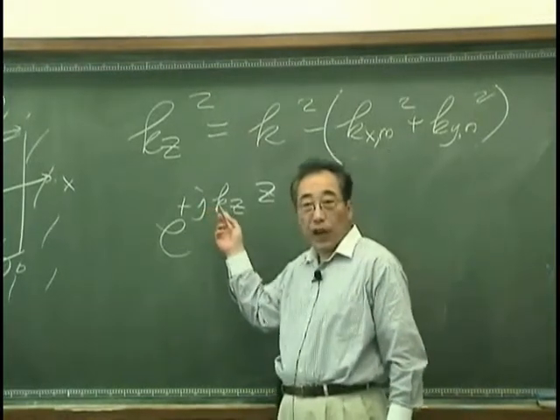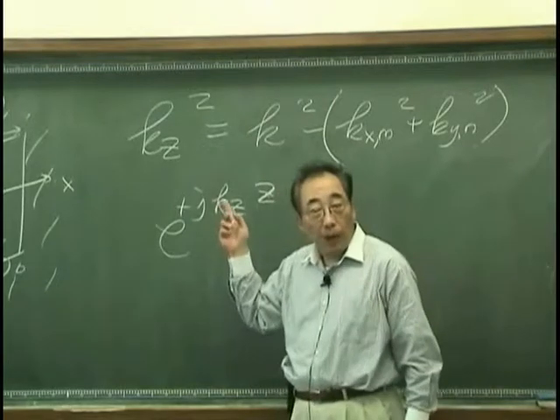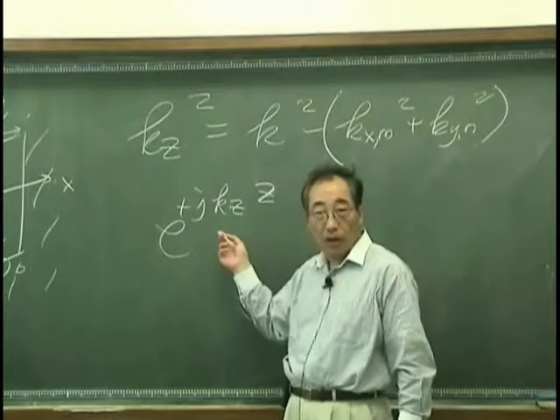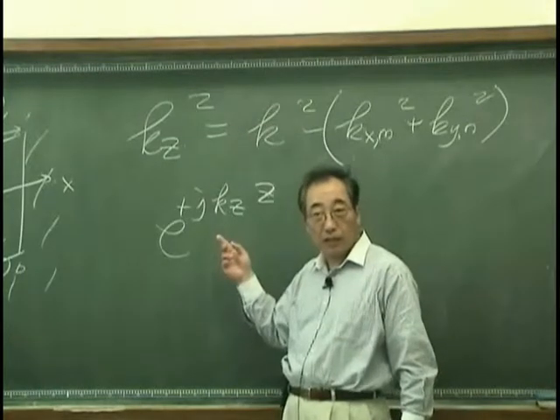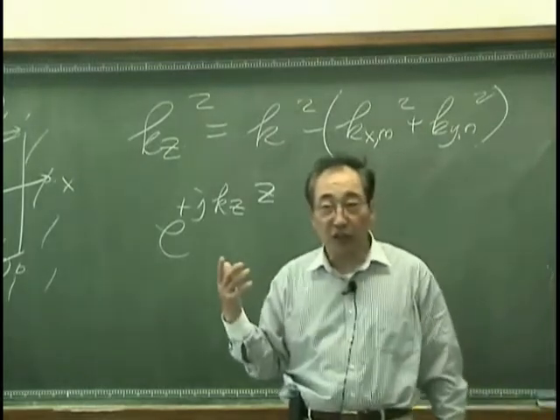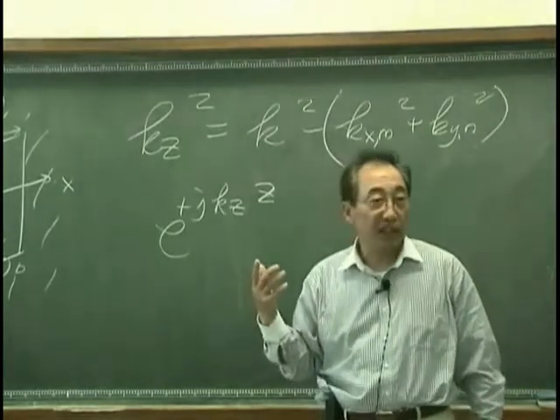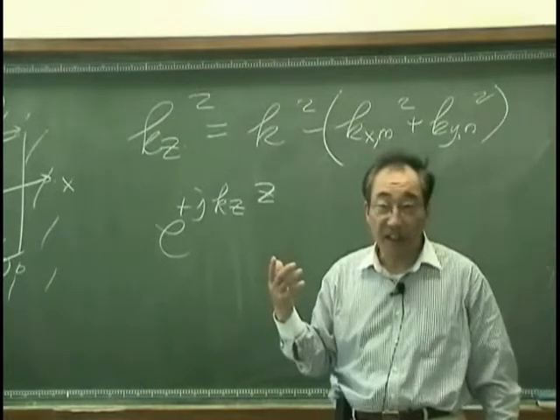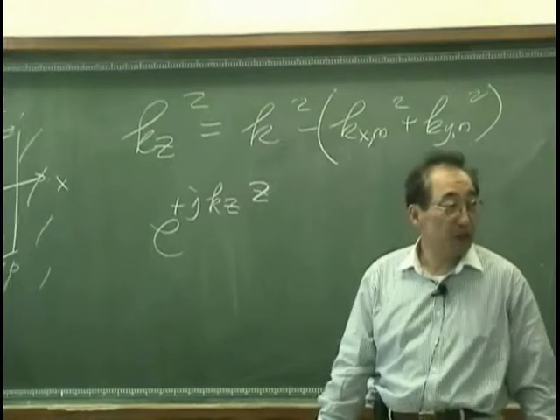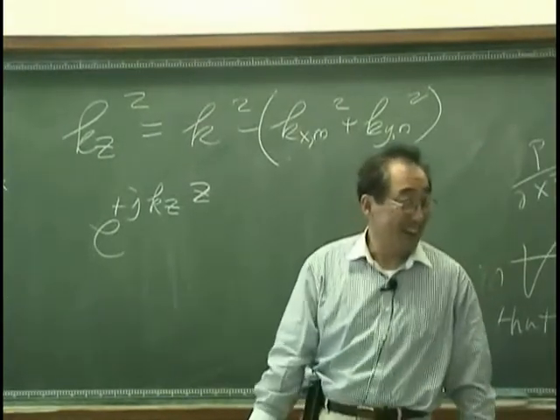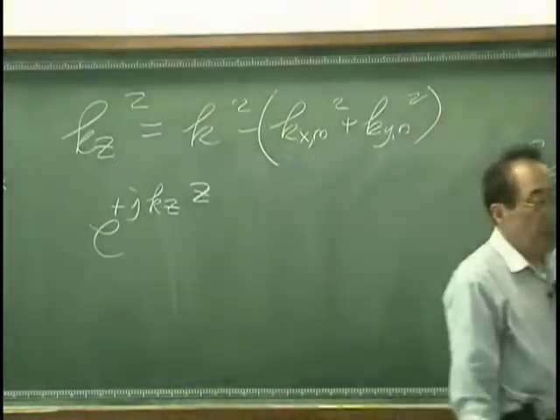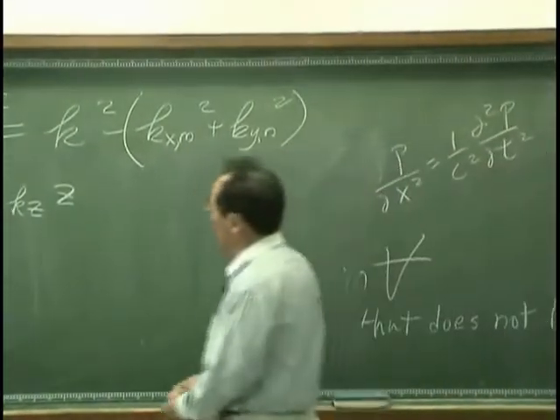But if kz is minus z something, then this exponential term would be exponential plus something z. That means the sound pressure in z direction is exponentially increased. That violates conservation of energy, so it is not accepted. Disregard the physically unacceptable solution. Okay? So